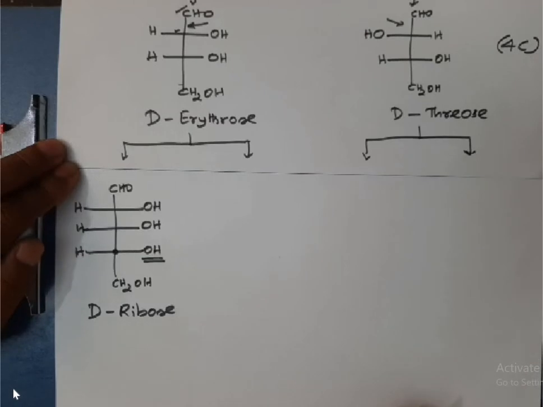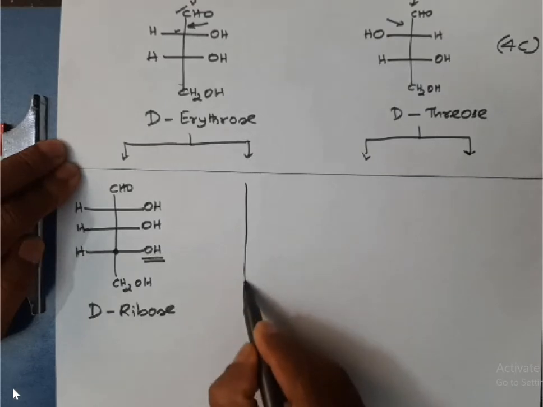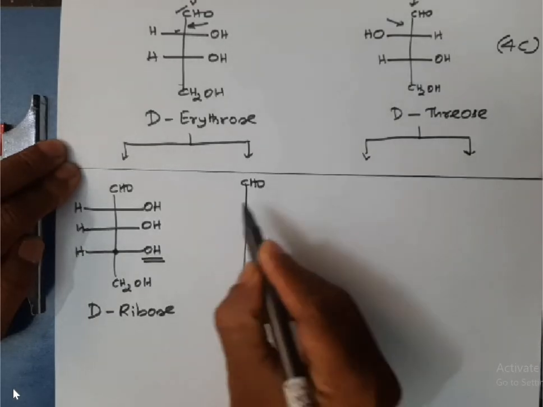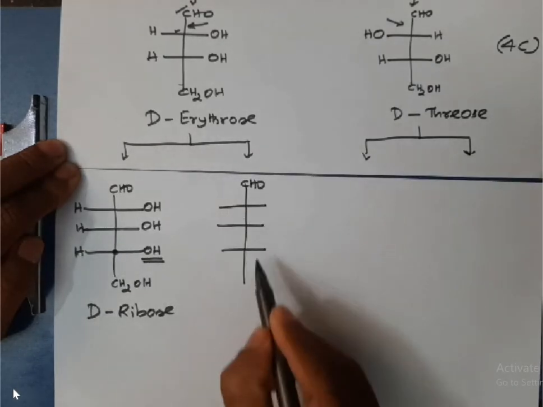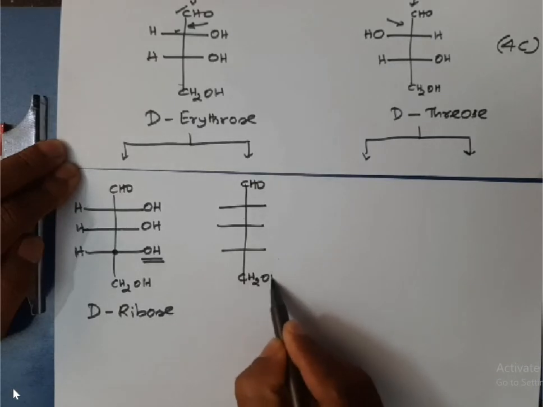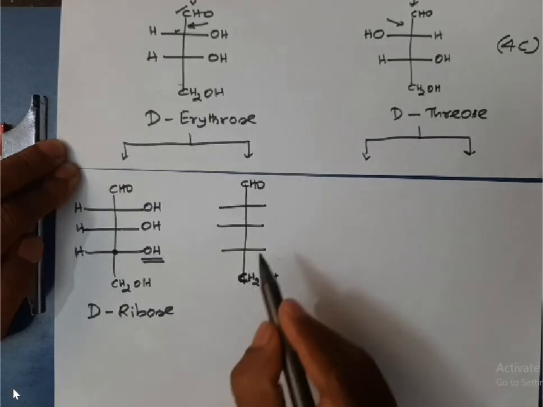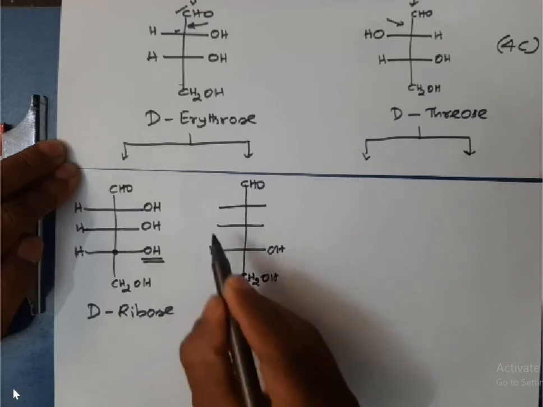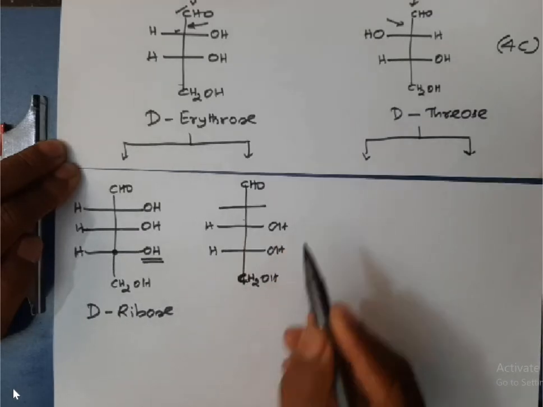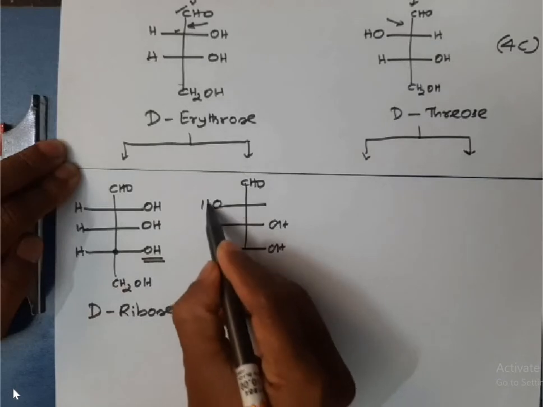D-ribose. Suppose in the new chiral carbon, 1, 2, 3, CH2OH, I'll keep all these things as such. So these two chiral carbons are already there. Now in the new chiral carbon, if you put OH group in left hand side,